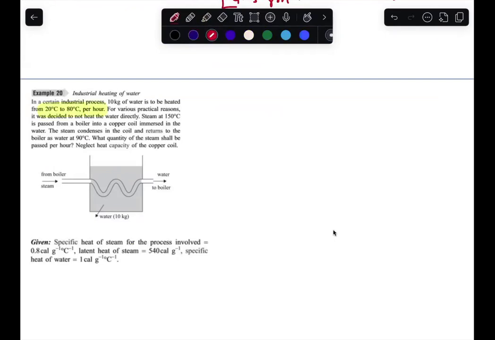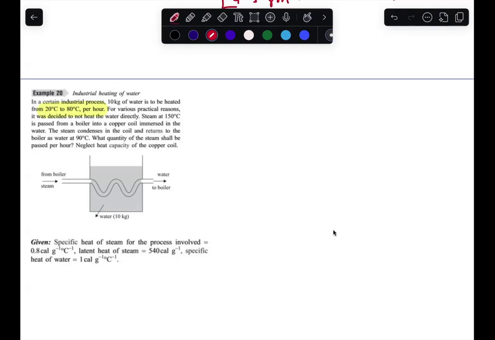For various practical reasons, it was decided to not heat the water directly. Steam at 150 degrees centigrade is passed from the boiler into a copper coil immersed in the water. The steam condenses in the coil and returns to the boiler water at 90 degrees centigrade. What quantity of steam shall be passed per hour? Please remember,